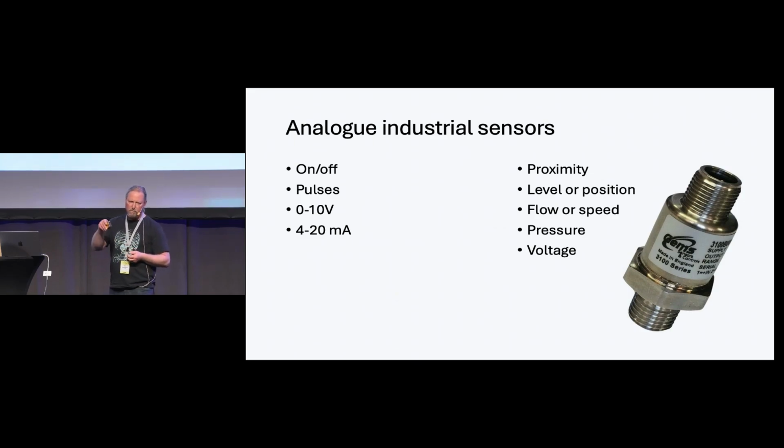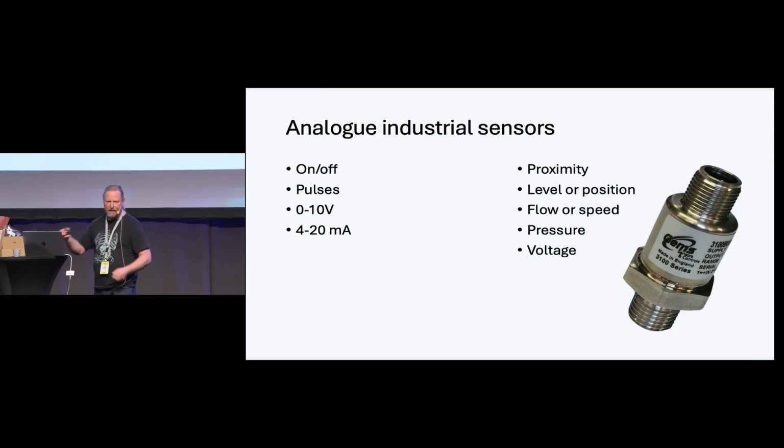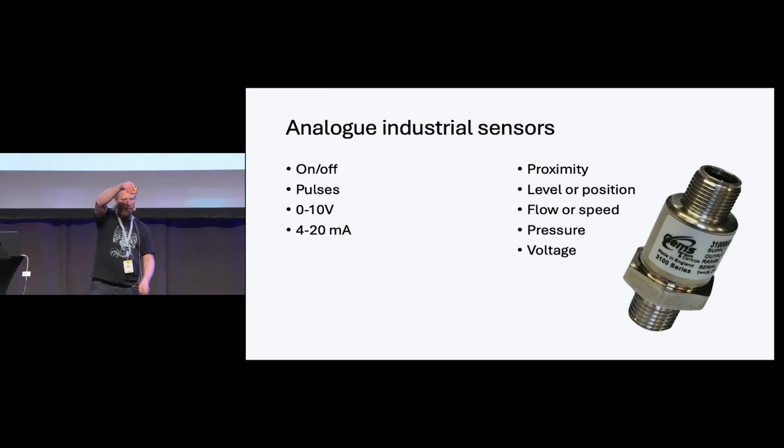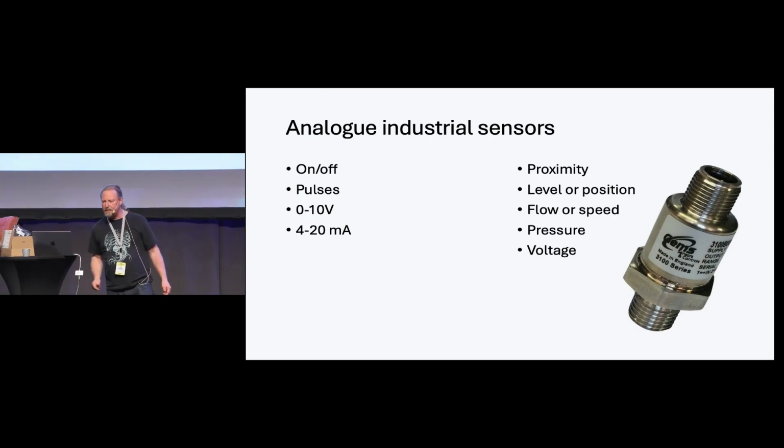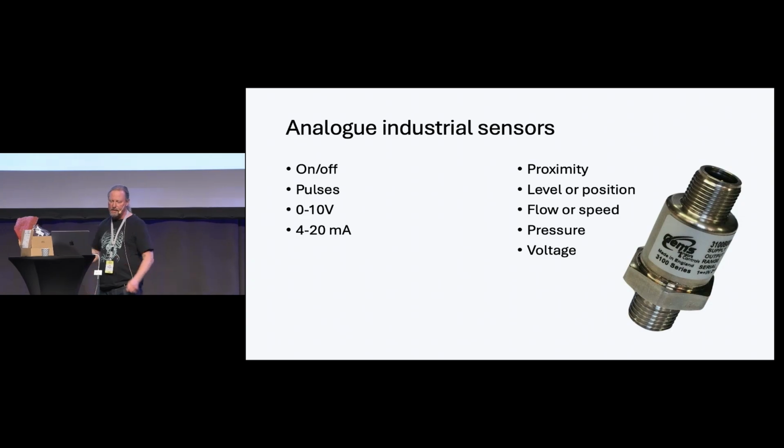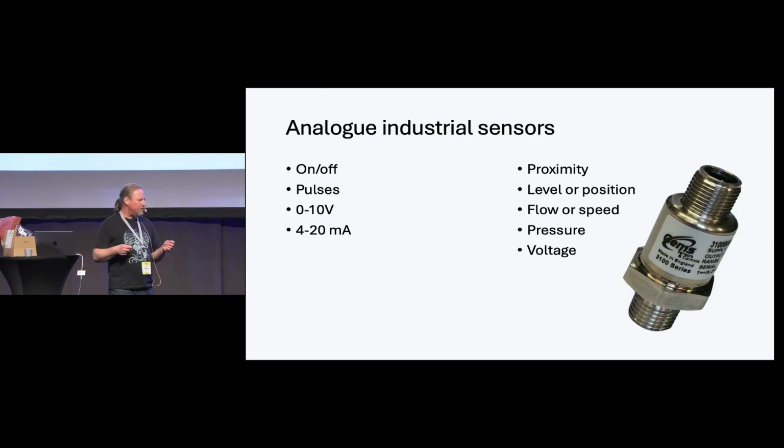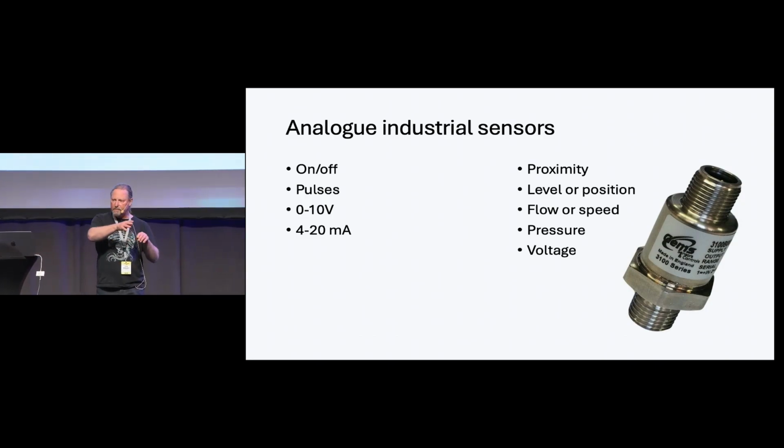And then this is a more advanced one. You can also do serial communication with that. But if you want to measure like the level of a water tank, you can have something that measures where it is. Or you can use ultrasonic sensors, or there is a lot of different sensors, pressure sensors, that work like this. Some of them will give a pulse train, like if you measure flow of water, you will get a pulse for like every milliliter or centiliter or something. And this is really easy to handle,